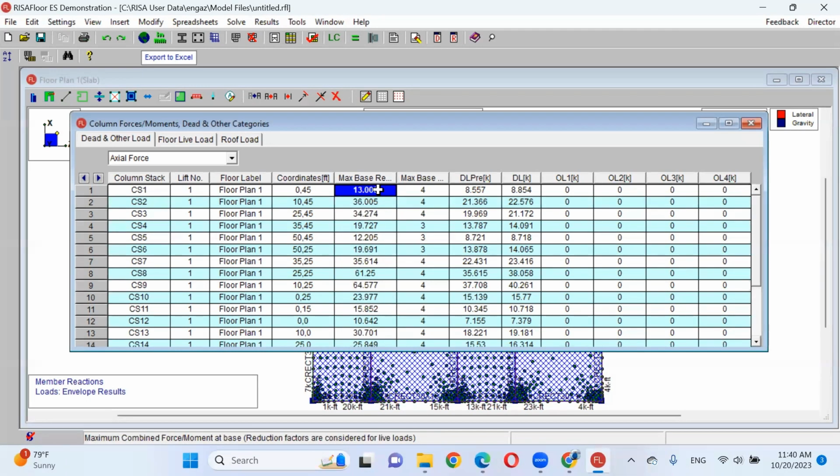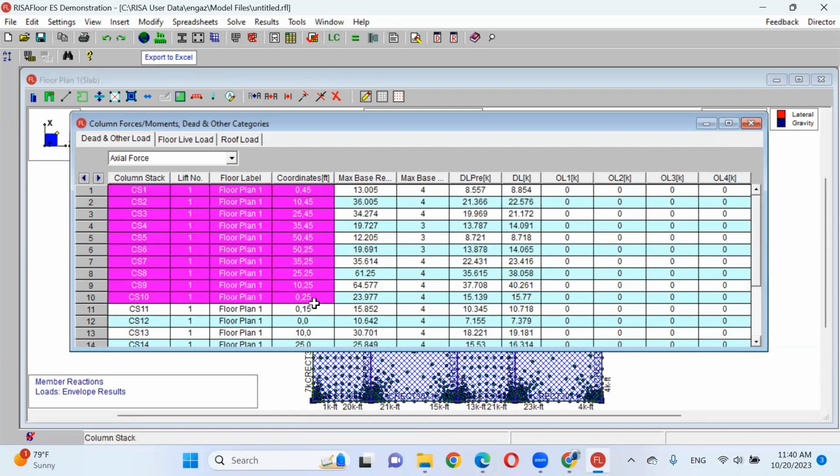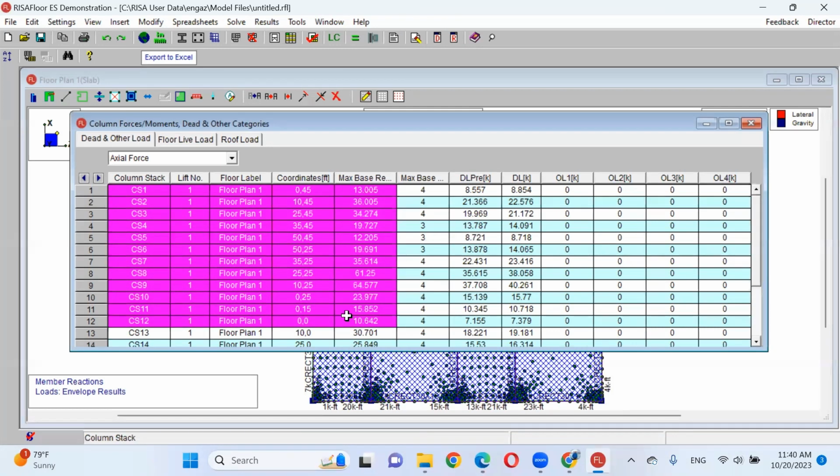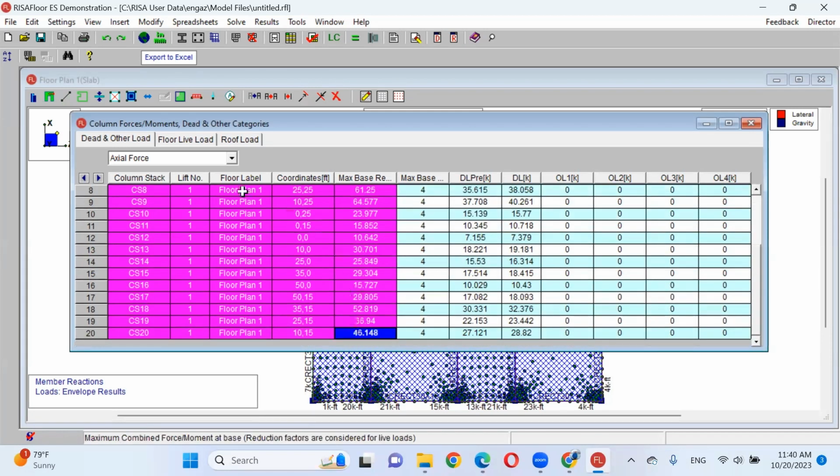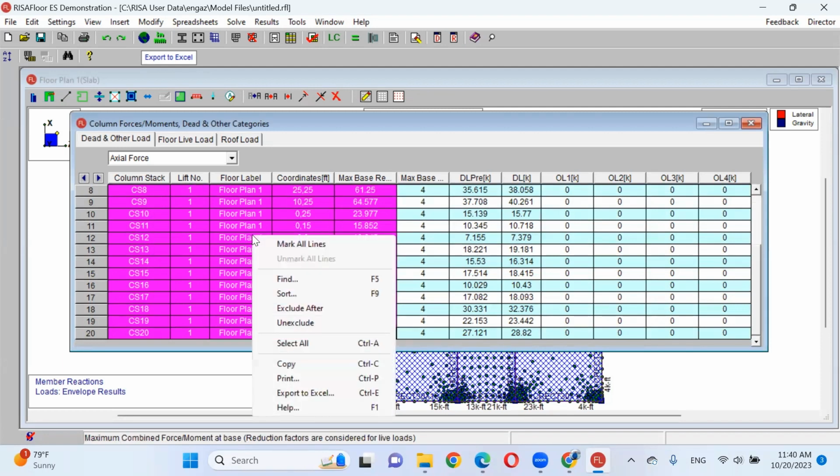I will convert this table from RISA to Excel. How can I do this? If you highlight, I need only the first 5 columns. The rest are not important for me. I will highlight the first 4 columns, right click, and we can select export to Excel. One more time.